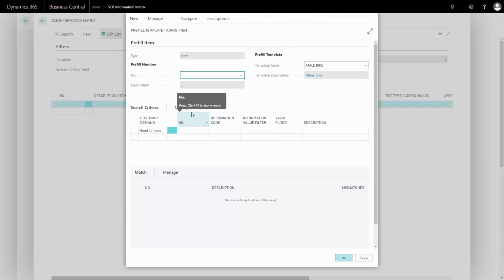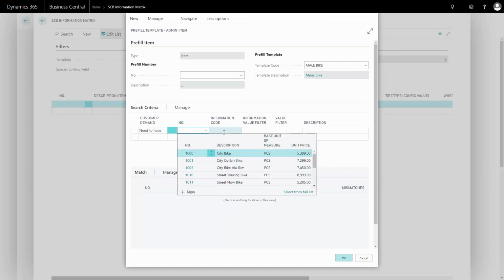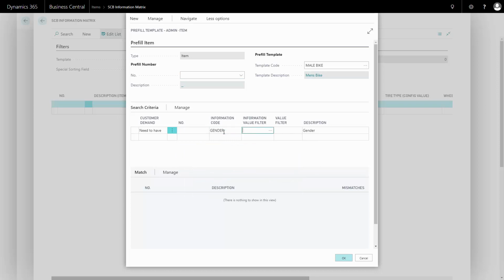This is a complex window for searching, and we will show that in another video in more detail. In this case, I'll just search for gender being male as a need-to-have criteria. I'd like to have a nice-to-have criteria that my material should be aluminium. And another nice-to-have criteria that my gear needs to be a 7-gear Nexus Byte, for instance, and this is a filter that I could add.